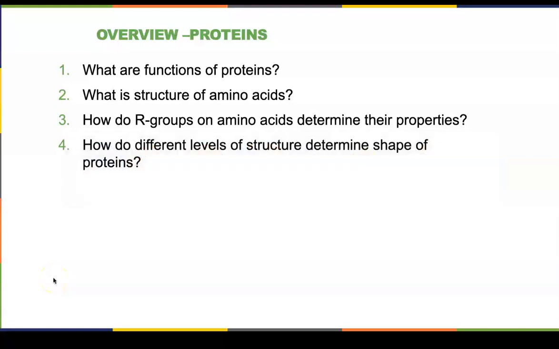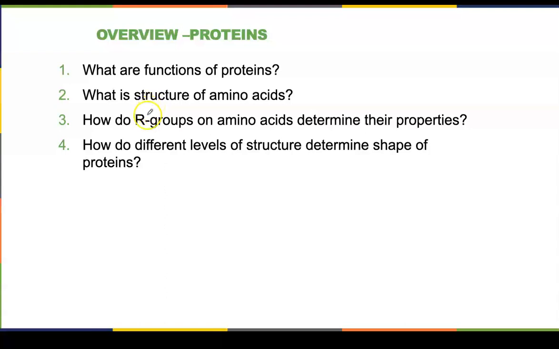In this lecture, we will focus on proteins and their monomers, which are amino acids. We will start by talking about many different functions of proteins. They can do all sorts of things. Then we will specify that amino acids are the monomers, and we will talk about the general structure of amino acids. We will also see that there are about 20 different common amino acids, and what makes each one different